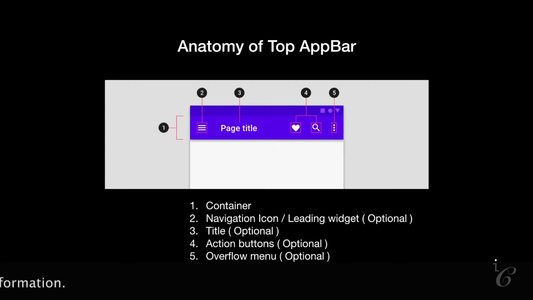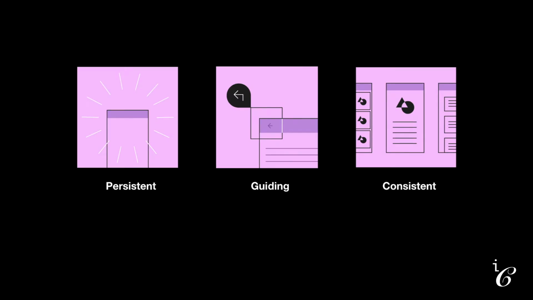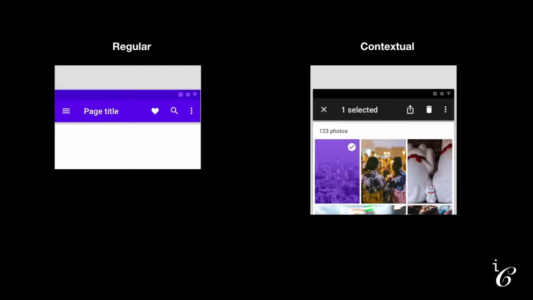In principle, app bar appears at the top of each screen and can disappear upon scroll. App bar provides a reliable way to guide users through an app. App bar has a consistent position and content to increase familiarity. Two types of app bars are available, regular app bar and contextual action bar. Regular app bar displays navigation, title, actions, and overflow menu. On the other hand, contextual action bar provides user actions for selected items on the screen. App bar can transform into a contextual action bar, remaining active until an action is taken or it is dismissed.